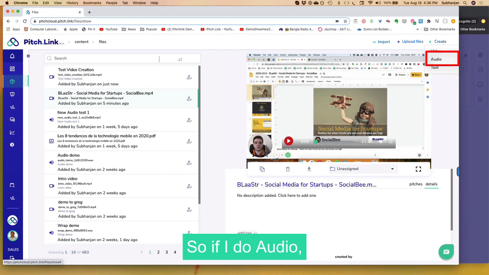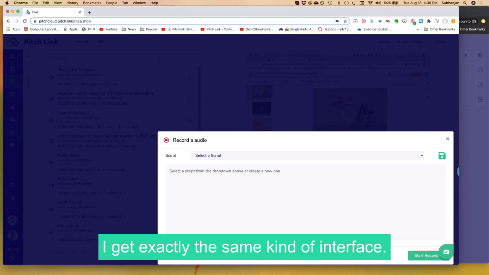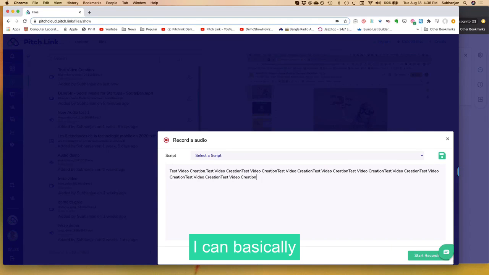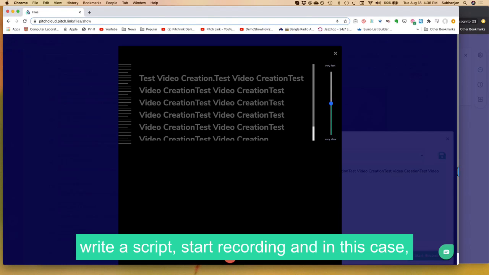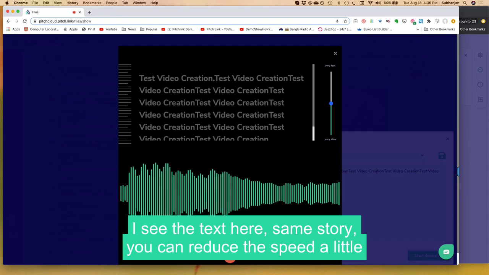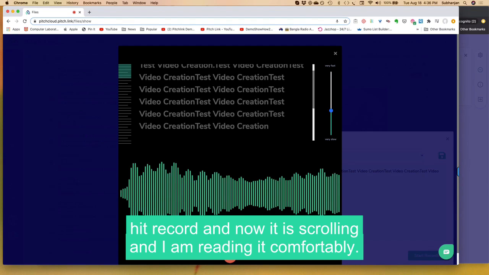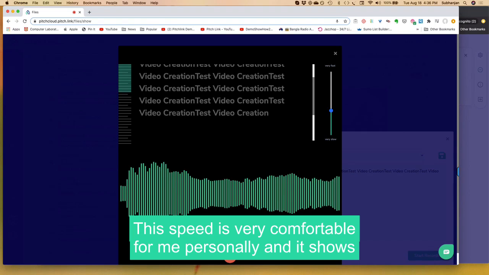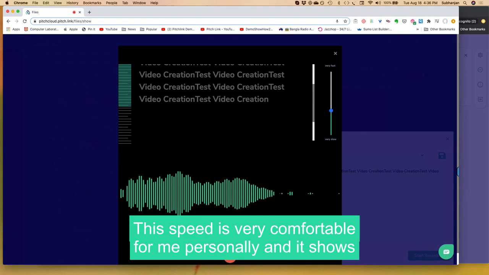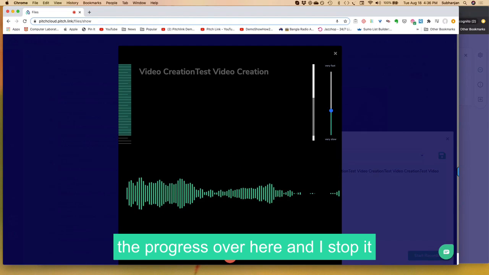Okay, so if I do audio, I get exactly the same kind of interface. So I can basically write a script and start recording. And in this case, instead of video, I see the text here. Same story. You can reduce the speed a little, hit record, and now it is scrolling and I'm reading it comfortably. This speed is very comfortable for me personally, and it shows the progress over here, and I stop it,